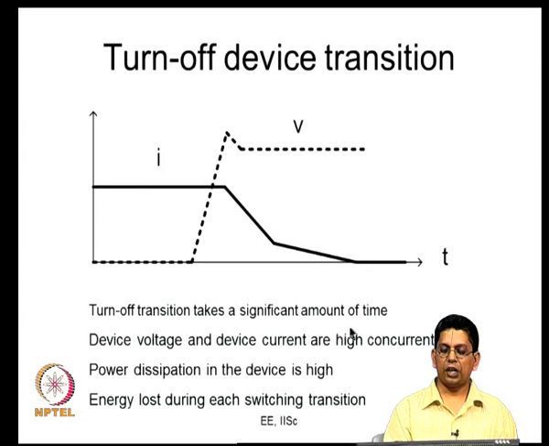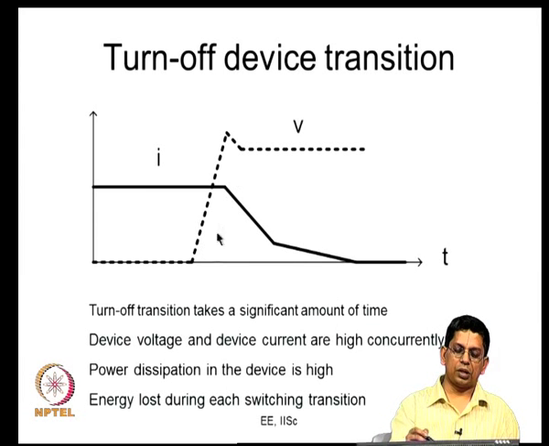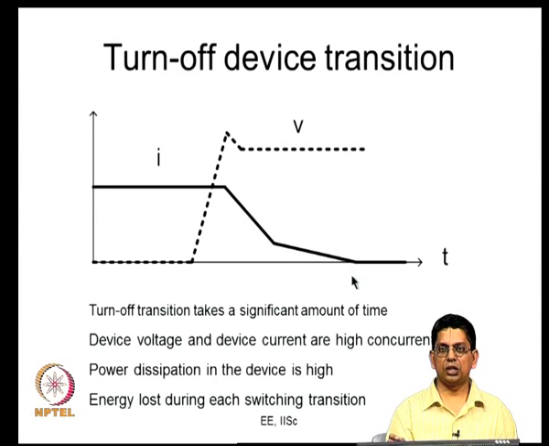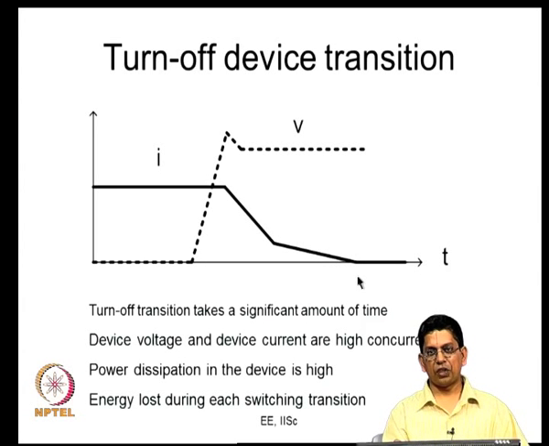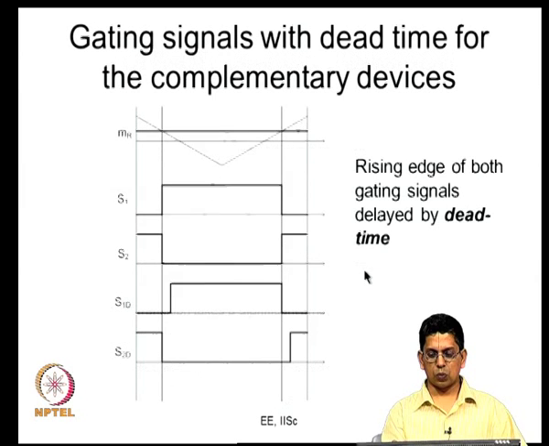So, this takes a finite amount of time. Of course, voltage and current are concurrently high, and therefore the product is high, therefore power dissipation is high, and there is a certain amount of energy lost in this interval. These were things which we were concerned with earlier. Now, what we would want to say is, because there is a finite amount of time, you need to wait once you turn off a device. To turn off a device, you turn off the gate signal, but the device is going to take a certain amount of time. You might have turned off here, but the device would turn off only here, and it is only well after this that you can give the turn on signal for the next one.